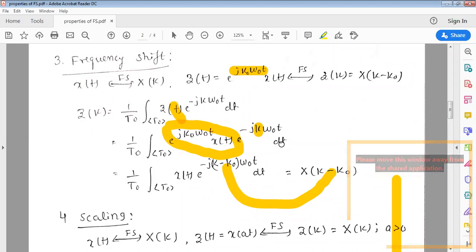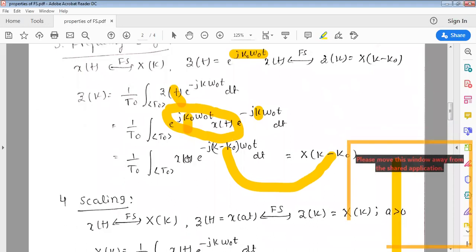That is not going to give you any result. That's why k naught is different and k is different. This one thing you have to take care of while you write the theorem. Now what have I done? I have taken x of t as it is. Now I should bring in e power minus jk omega naught t. That's why minus j is taken common. So I have k here and I have k naught here, omega naught t here into dt.